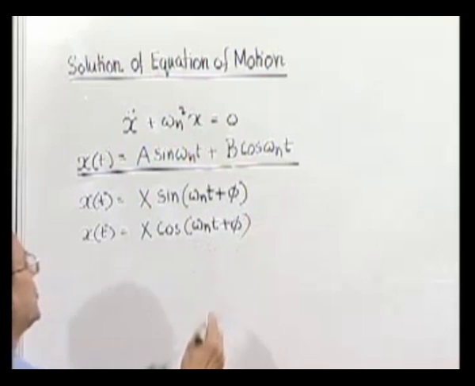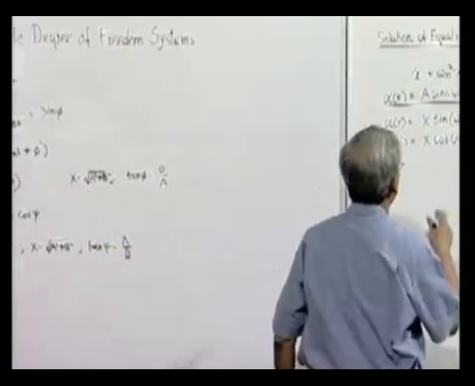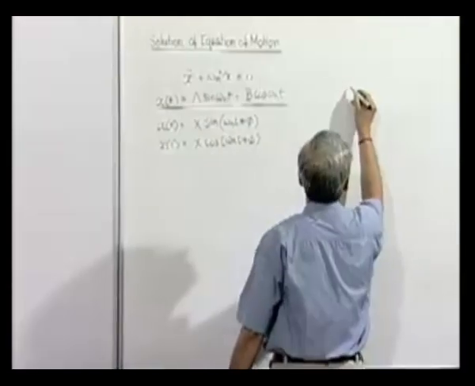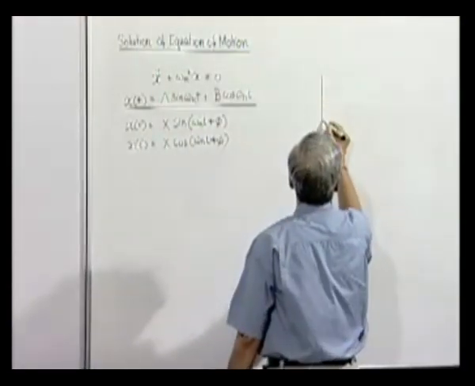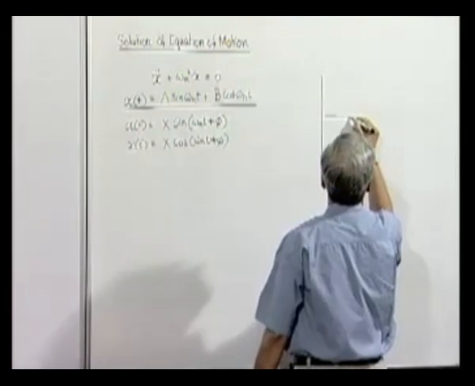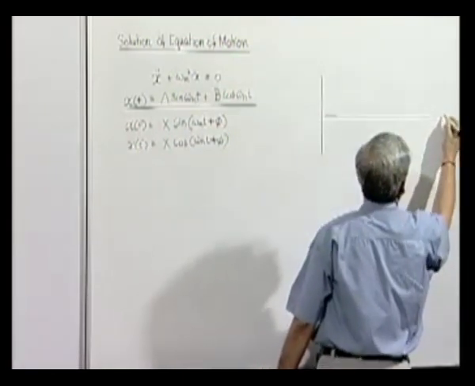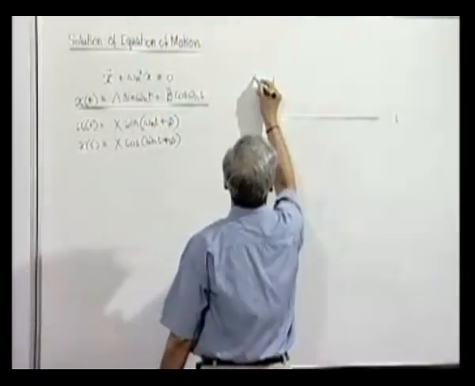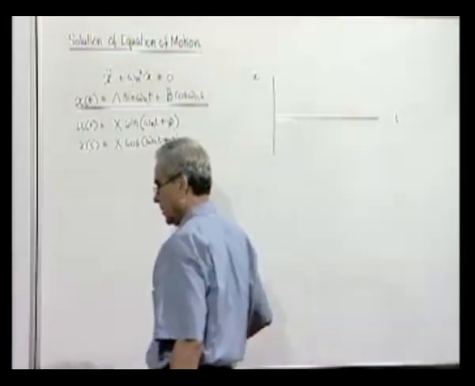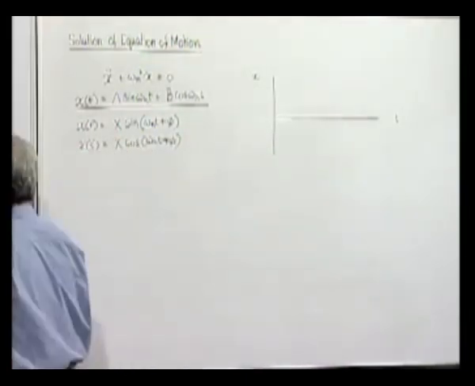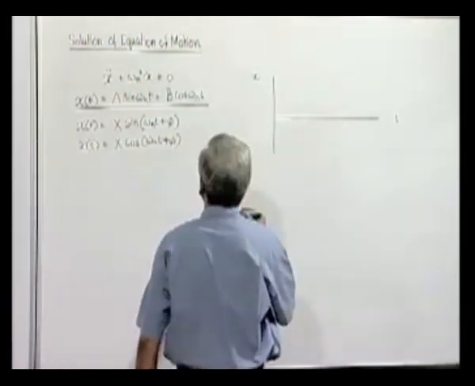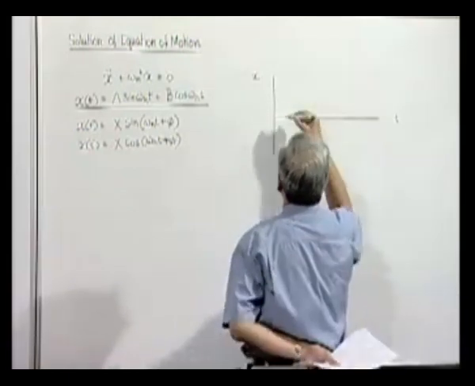They are virtually the same thing. I think once we get this, therefore we find our solution in graphical form will look like this. If we plot x versus t, if it is a sine function simply, then obviously